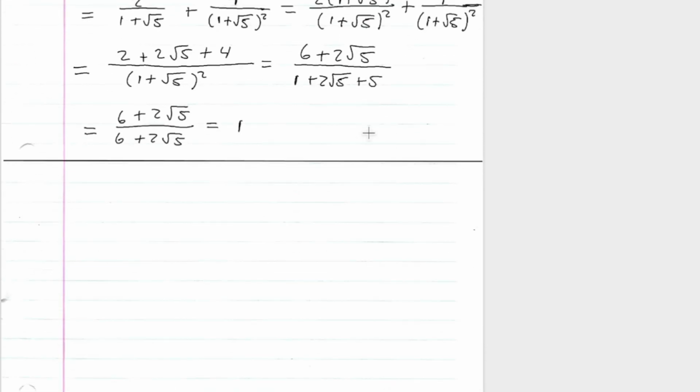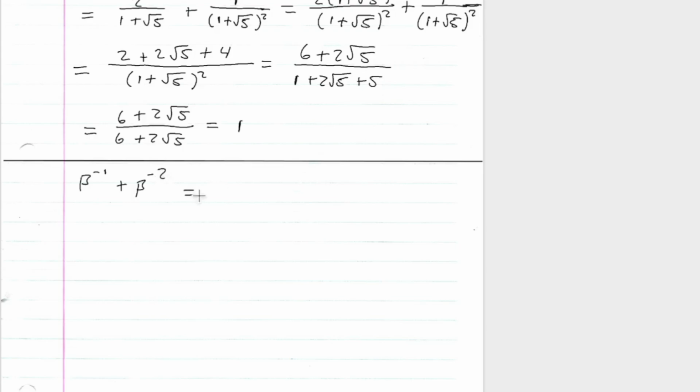So we've shown that alpha to the negative 1 plus alpha to the negative 2 is in fact 1. So now we just have to show that beta to the negative 1 plus beta to the negative 2 is 1. So beta,